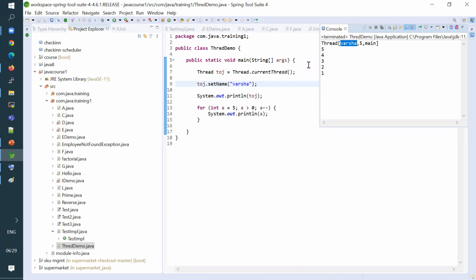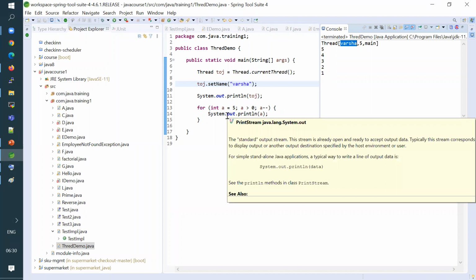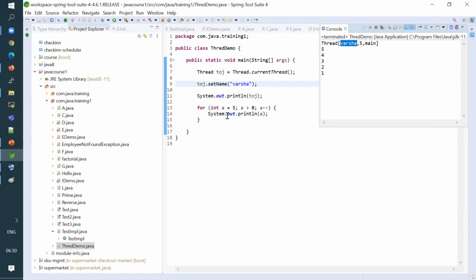There is nothing more. But your every thread will contain a certain name. So in this particular example, wherever I am creating a thread, I am just giving it some particular name. And not just the name, you can check multiple things for a thread, what exactly it does and all.